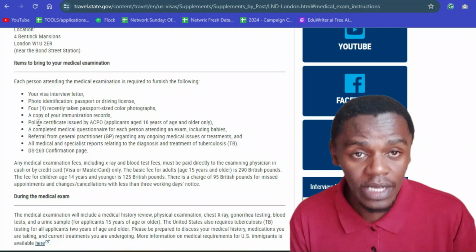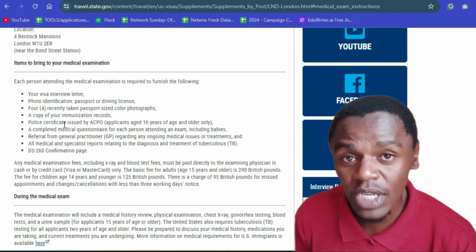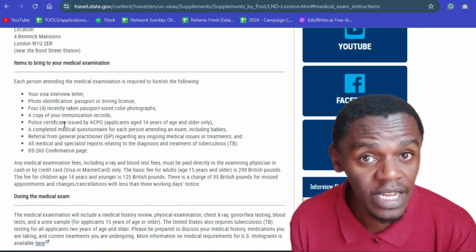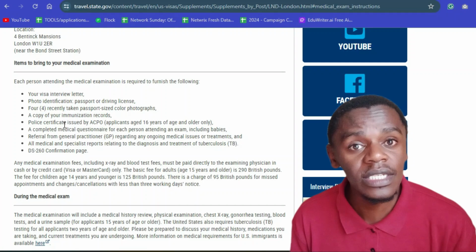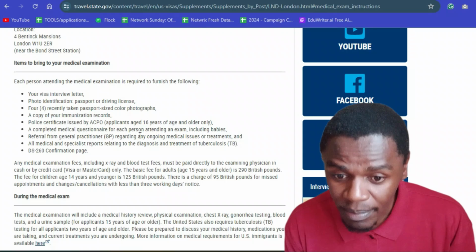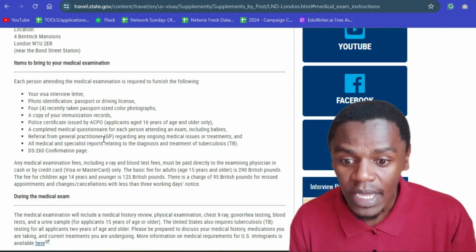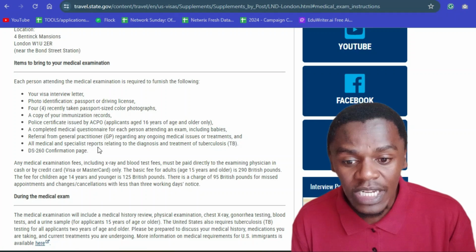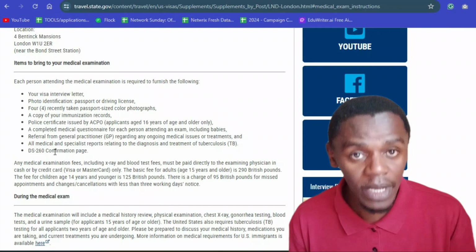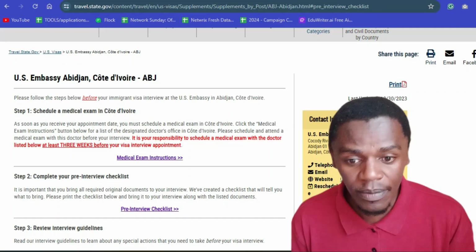And then this is unique. You need a police clearance certificate for the London embassy during your medical examination. You see that? For the other embassies that we've discussed, you don't need the police clearance certificate, but for London, you need it. And then we have a completed medical questionnaire for each member. We have referral from general practitioner. And then you have all medical specialist reports. And then we have the DS-260 confirmation page. I know you can now realize the difference, why you should visit your embassy for specific